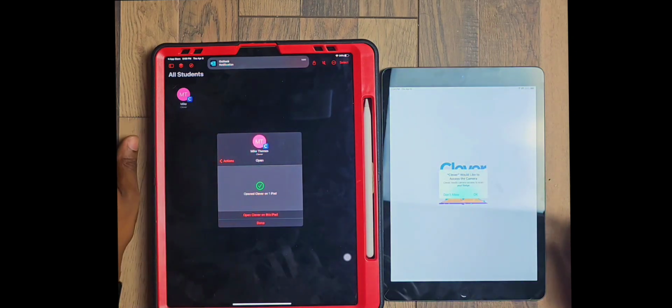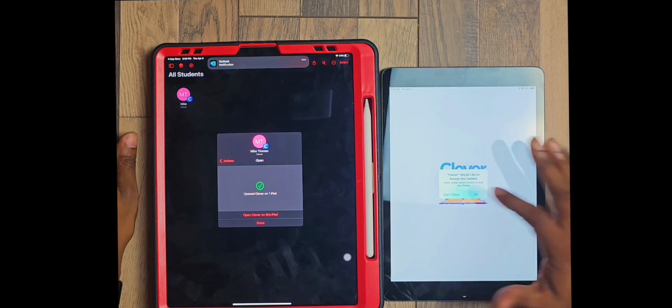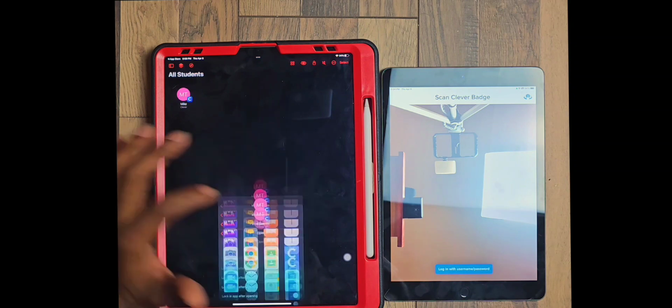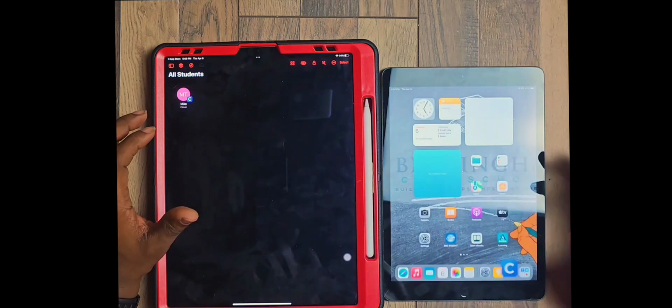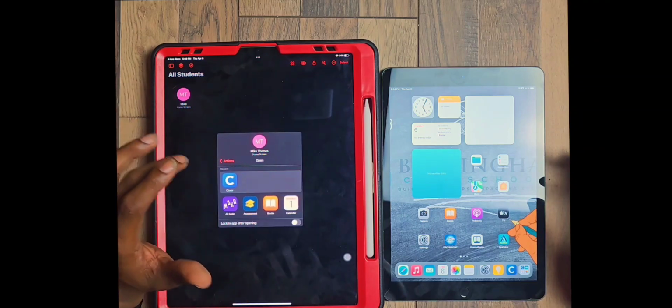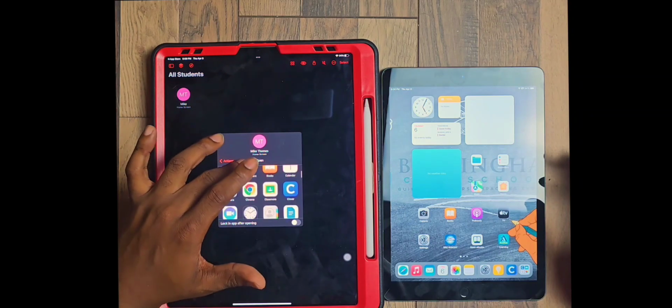Open the Clever on iPad. If you look on the right, here you see Clever is open. All right, I'm going to hit done. Navigate the student iPad back to the home screen. All right, let's try something else. Let's go with something like